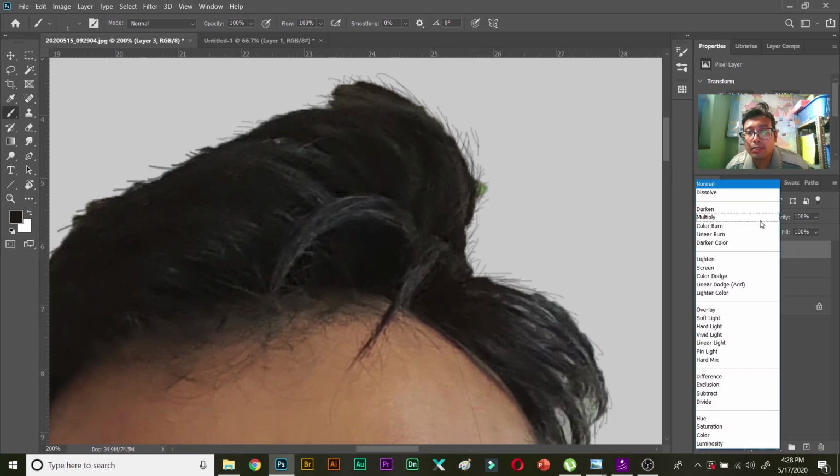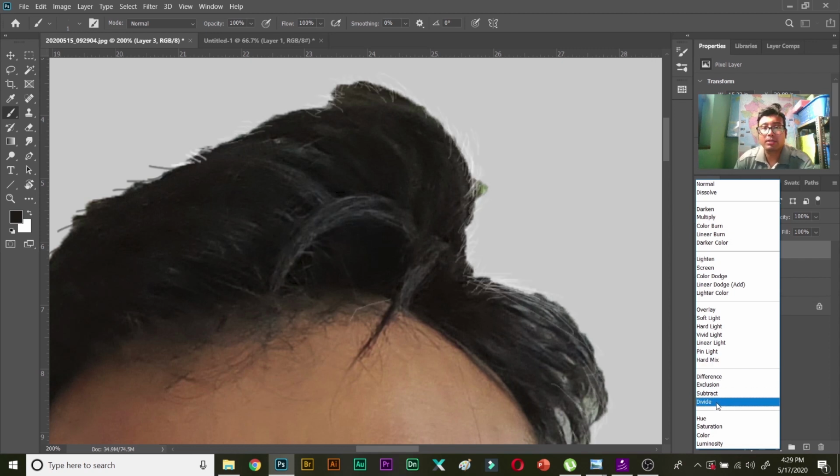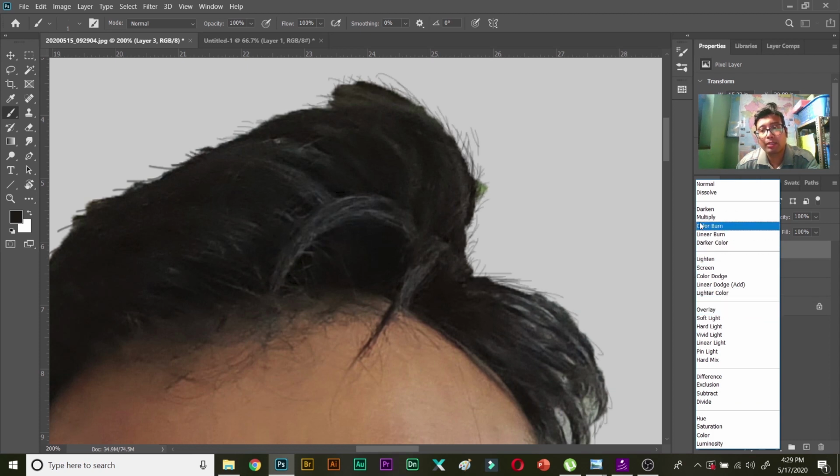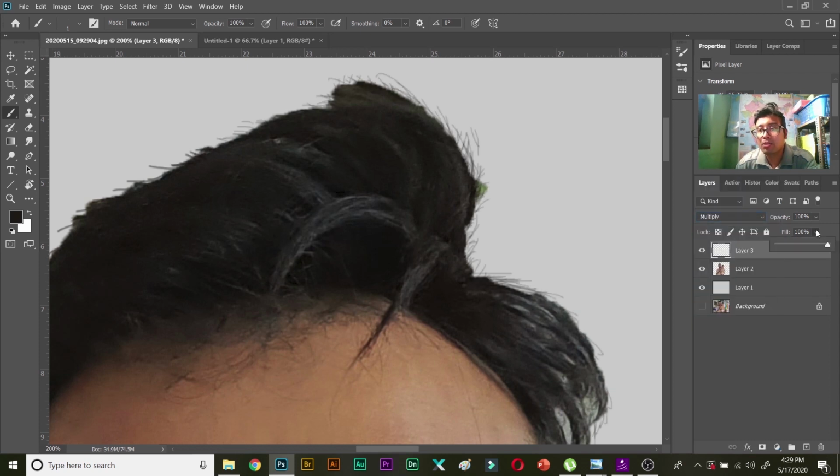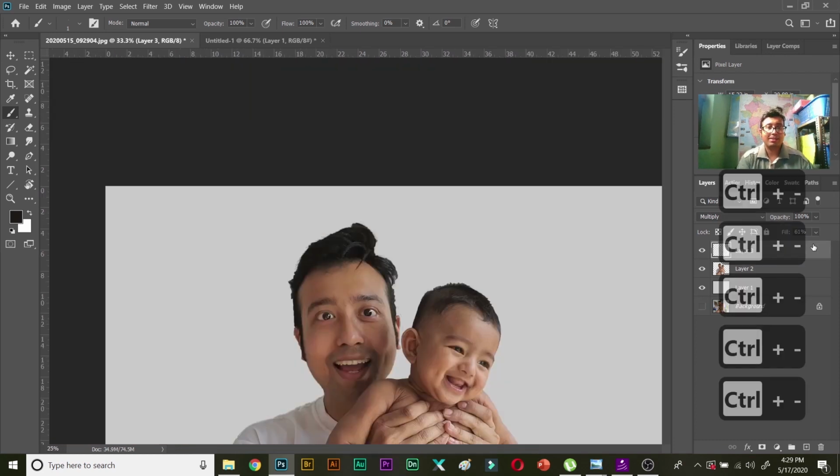Now this layer is normal. You can change the values of the blend mode to make it better. Okay, suppose soft light or pin light, and even darken, multiply, color burn. These are all blend modes that you can experiment on, and then you can ultimately come to a final result. So if you are happy, suppose I am happy with my multiply, you need to decrease the opacity of this layer also, so that will make a very realistic looking hair.